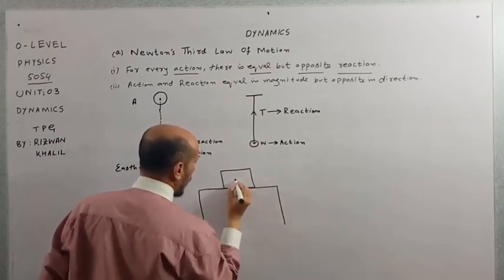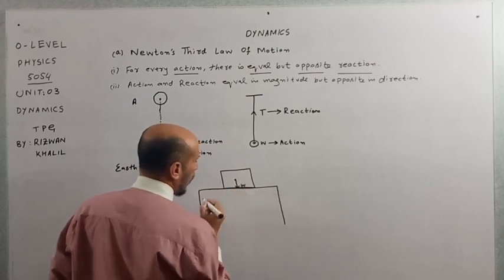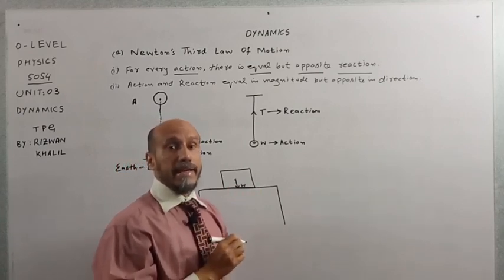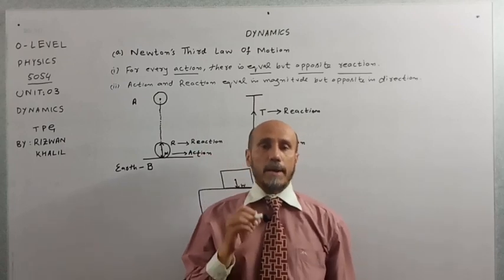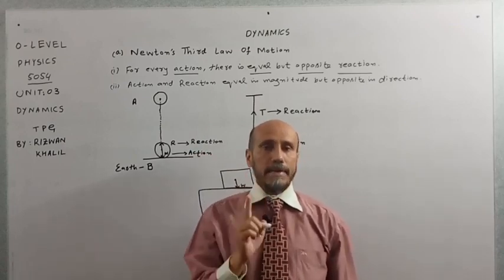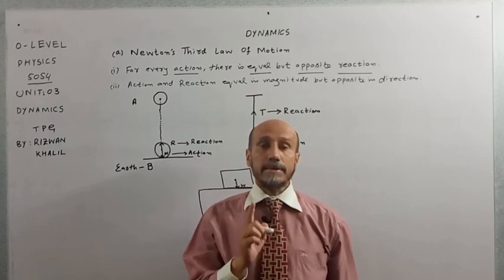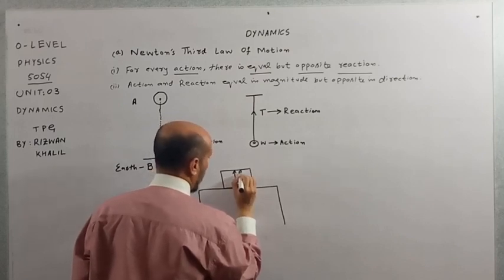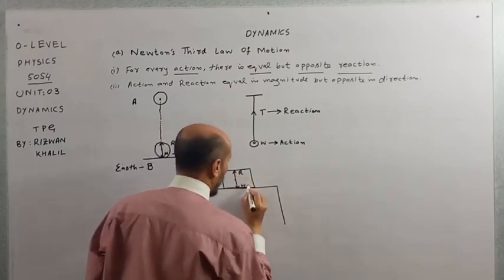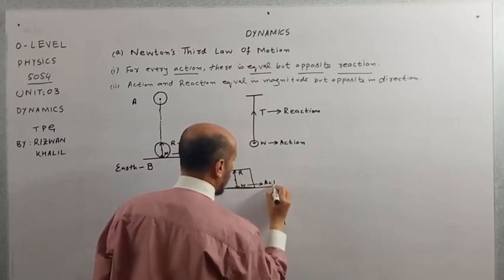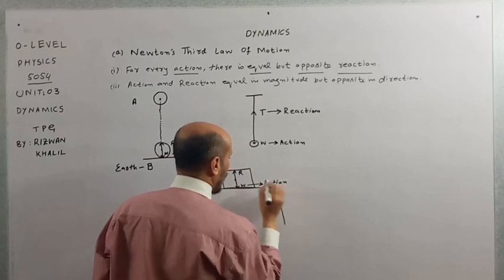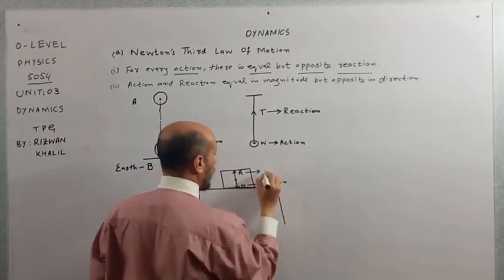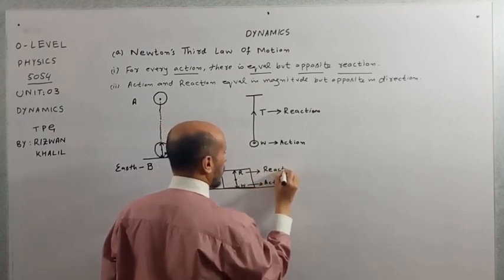Number one, its weight is acting in downward direction. Obviously it is being acting on the surface of the table, that is called as action, and as a result table will exert an upward force on the book, vertically upward, exactly opposite to the weight, that is called as reaction. So that force which is acting in upward direction is called as reactionary force. So weight of the book acting on the table is called as action, and the force being exerted by the table on the book in upward direction is called as reaction.